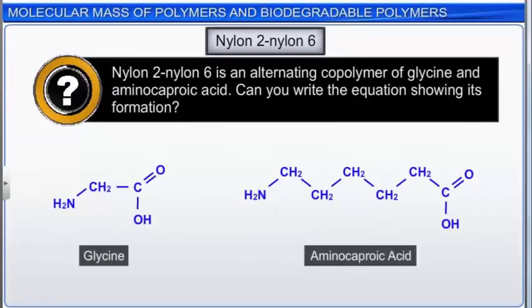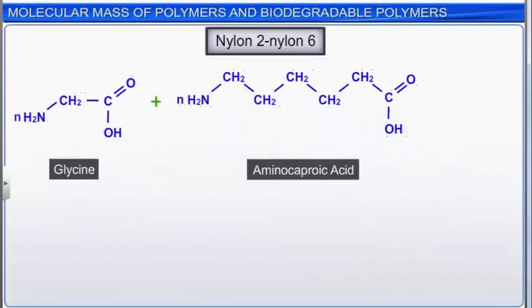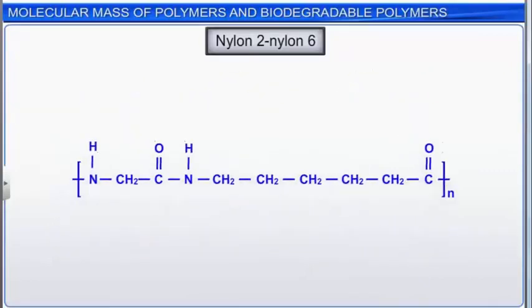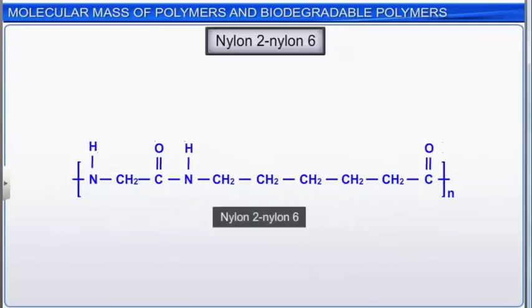Nylon 2-nylon 6 is an alternating copolymer of glycine and aminocaproic acid. Can you write the equation showing its formation? Glycine and aminocaproic acid form an amide linkage by condensation as shown here. Notice how the polymer has a 2-carbon group and then a 6-carbon group in the repeating unit. Nylon 2-nylon 6 is a